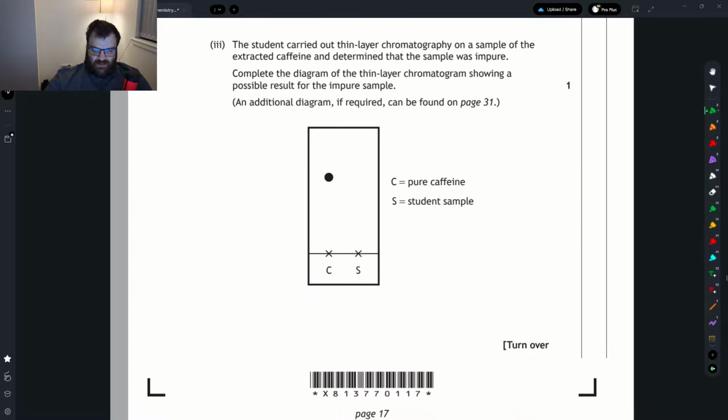Next one, talking about thin layer chromatography, determining that it's an impure sample. Well, first of all, you've got to have a dot at the caffeine level, otherwise you've not made any of it at all. So as best we can, have it lined up just in here. And then there's got to be at least one other chemical involved. That could be higher or that could be lower. Just for easiness, let's just do it in line with that S. So I've got a reference point. So this would mean we have at least made some caffeine, but we've also got something else sitting in the